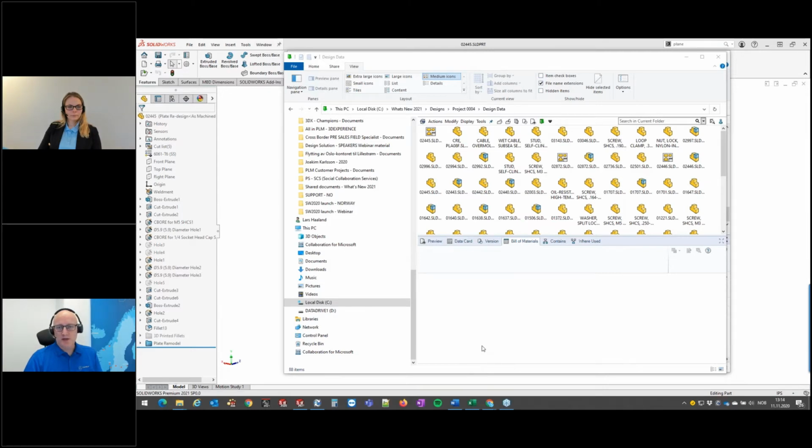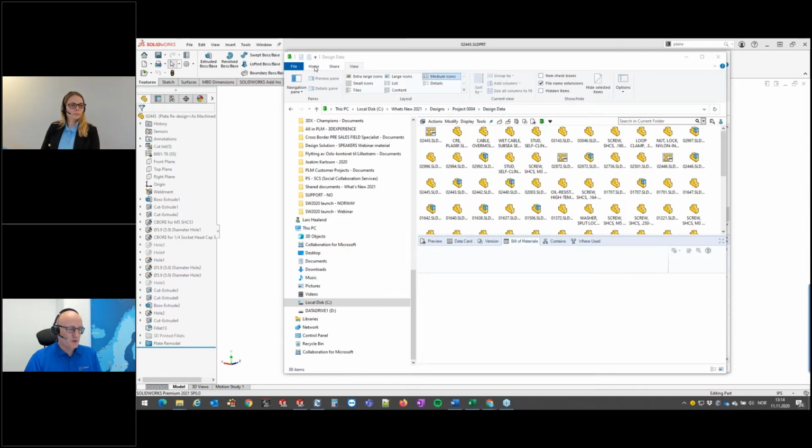So one of the best abilities with SOLIDWORKS PDM has long been the very good integration with Windows Explorer. And in 2021, as you can see here, there's built-in even better support for more recent Windows 10 elements, like the ribbon interface, which is this large button row on top here. So here you can change